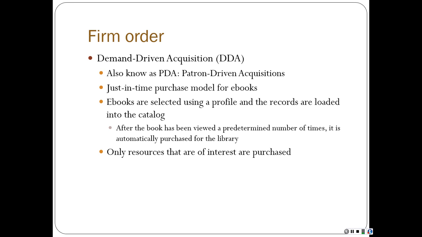This purchasing model is used for electronic books. The library provides access to a package of ebooks from a vendor, and these ebooks can be accessed through the catalog as well as through the vendor's database interface. The library pays a nominal charge each time a book is accessed, and when the book has been accessed a certain number of times or has been used a certain length of time, the library is charged the cost to purchase the book. The patron's experience is absolutely seamless. They have no idea that they've crossed that sort of